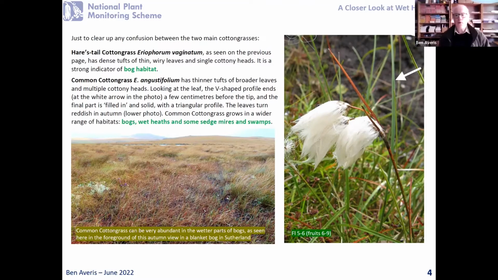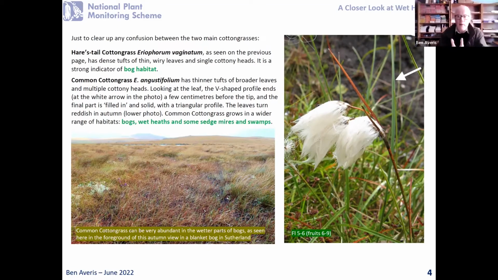Also, the leaves are different. Common cotton grass doesn't form these great big tussocks. It's just got thinner tufts, and the individual leaves are not so thin and wiry. They're a bit wider, like a lot of other sedge leaves, really, with that V-shaped profile and a groove, therefore